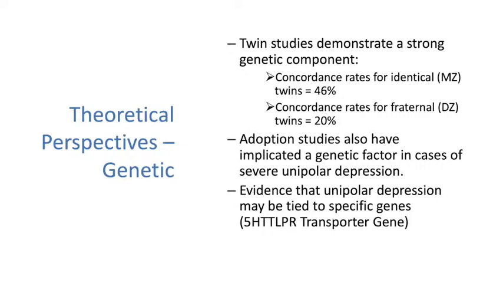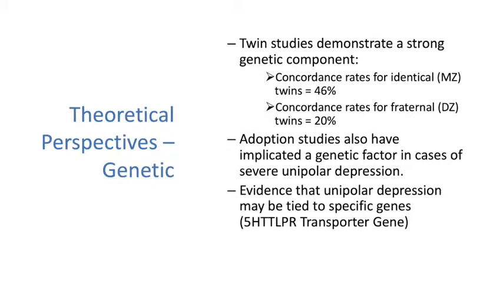We know, for example, that the concordance rates of a depressive episode between monozygotic twins is close to 50%. Remember, in the general population, the chances of someone developing a depressive disorder in a lifetime is about 11%. So this is about almost a 5 times increase if you're very, very genetically related to the person,